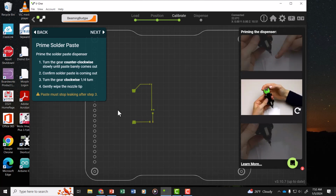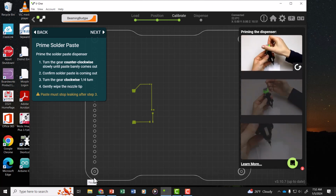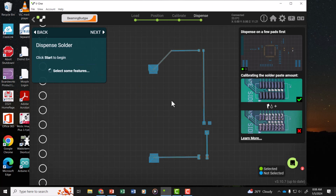Next, we need to prime the solder paste the same way we did the conductive ink paste. So I'll do that and mount that paste on the printer. For dispensing the paste, I don't really want it on the traces, just the pads. So the way to do that is to hold the Shift key down and then highlight the pads you want